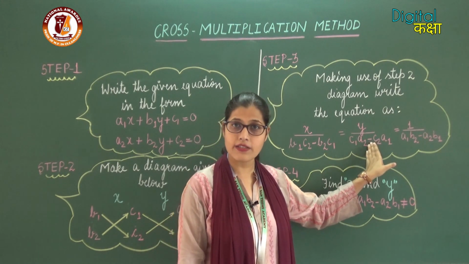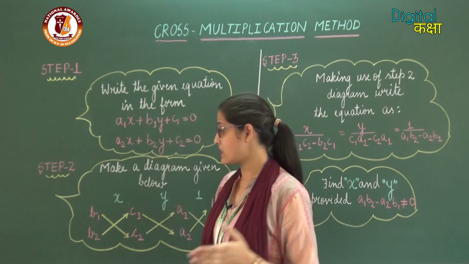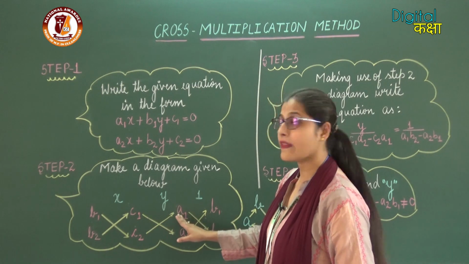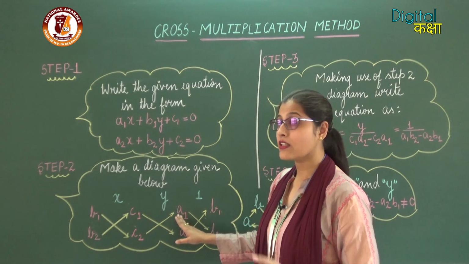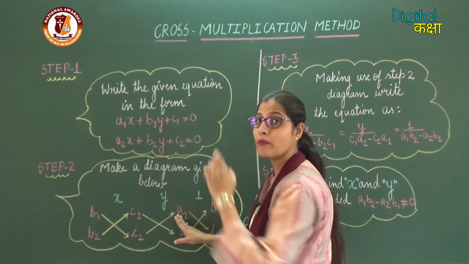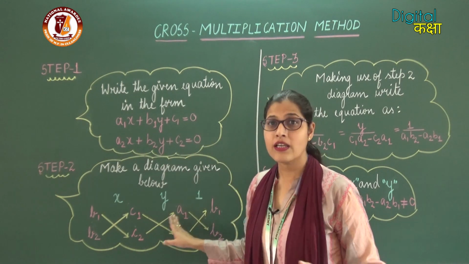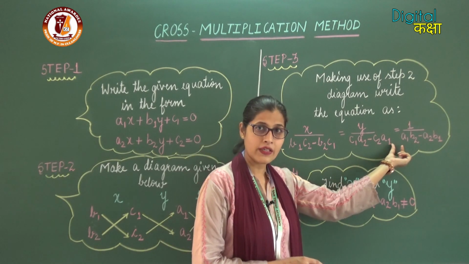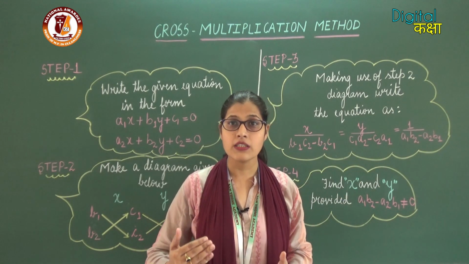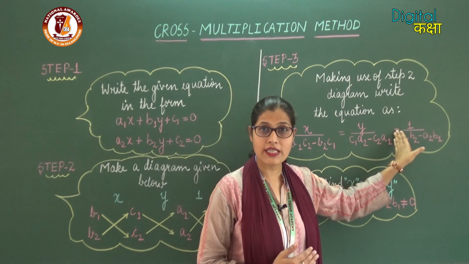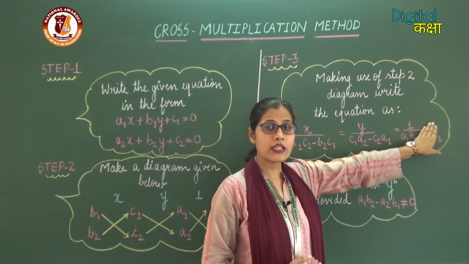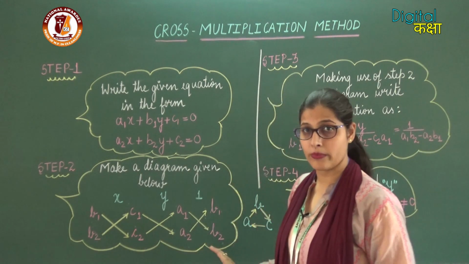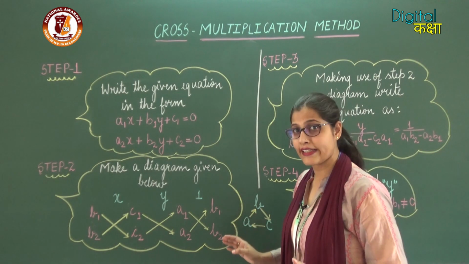After placing the negative sign, we will again multiply the constant c2 by a1, which is the coefficient of x from equation 1. We will write it in the formula as c2a1. Then next to it we will write the equals to sign again. In the denominator of the constant 1, we will again generate the denominator from the given diagram.